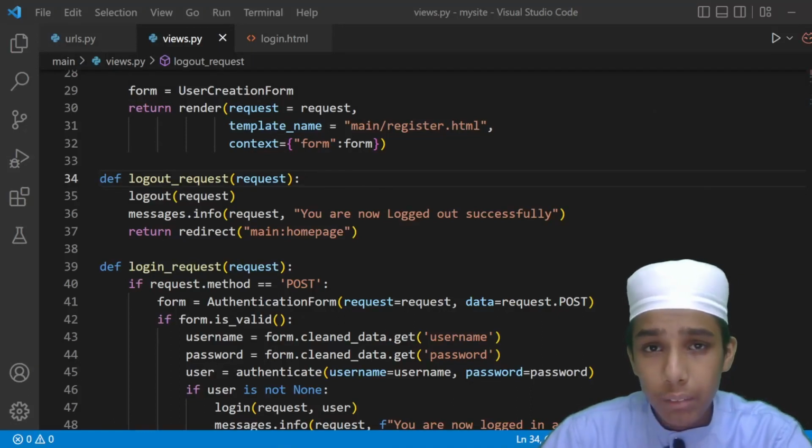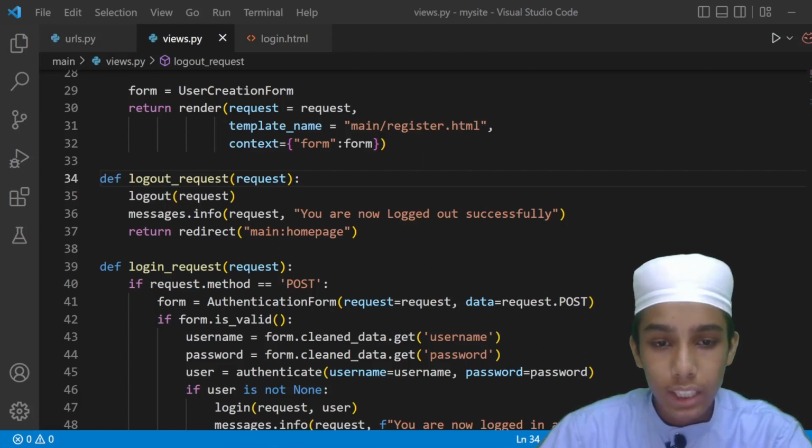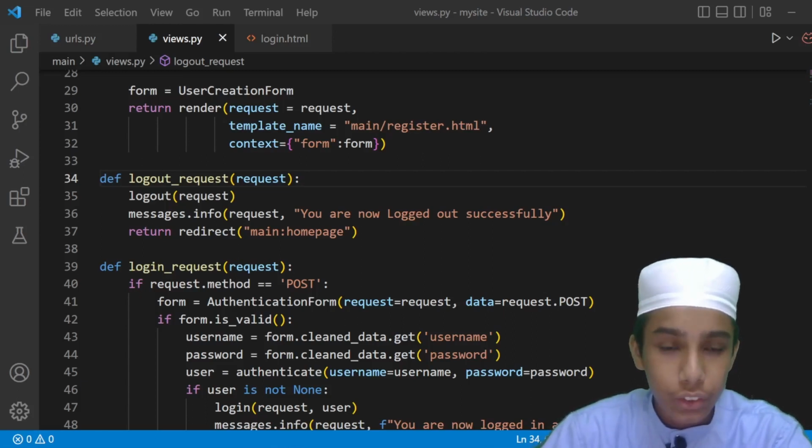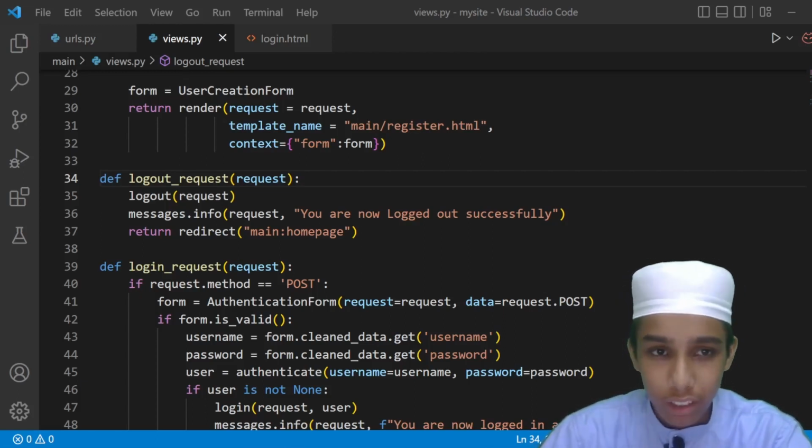Hello all, my name is Rahman and in this tutorial we are going to work on the organization of tutorials through the use of foreign keys, which will allow us to tie certain elements in a database table to another database table. Okay, so if you remember in the last video